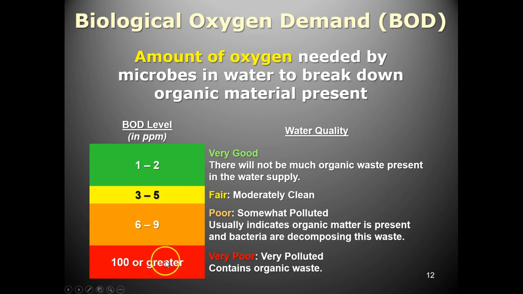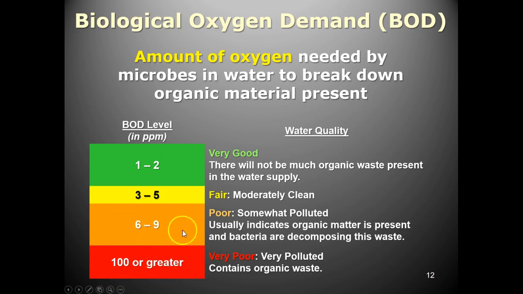So if you need a whole lot of oxygen, the oxygen demand they're talking about is in parts per million. If it's 100 or greater, that means that there's a lot of organic material that needs to be broken down. You've got a large number of microorganisms growing in there, and they're using up a lot of oxygen to do it. After the treatment, the BOD will drop,